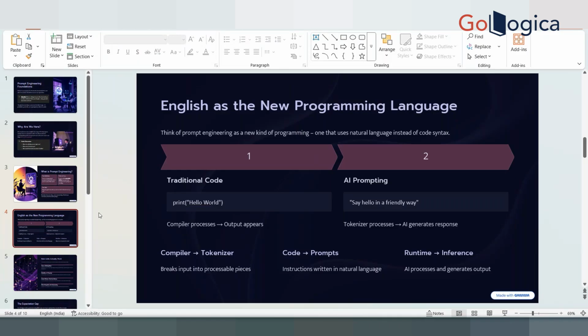Then those numbers are taken as input by another module of the AI, which is called the neural network, right? The neural network will process everything and come up with its own response in the format of numbers only, and then that is given to the LLM, which is the large language model, and those numbers are converted again into human understandable language, which is printed on the screen as plain English, like the AI generated response. All this process happens in the blink of an eye.